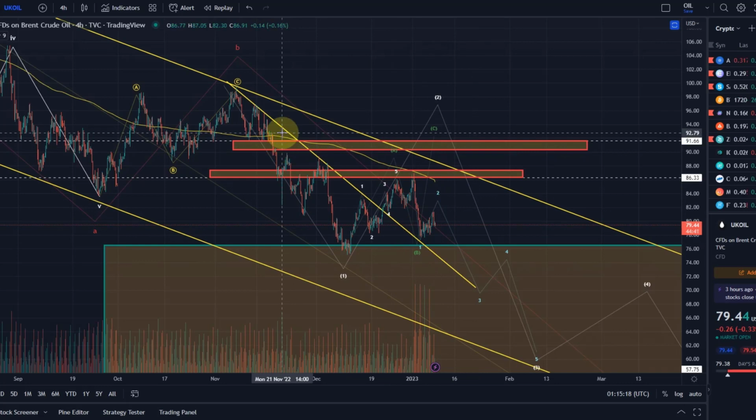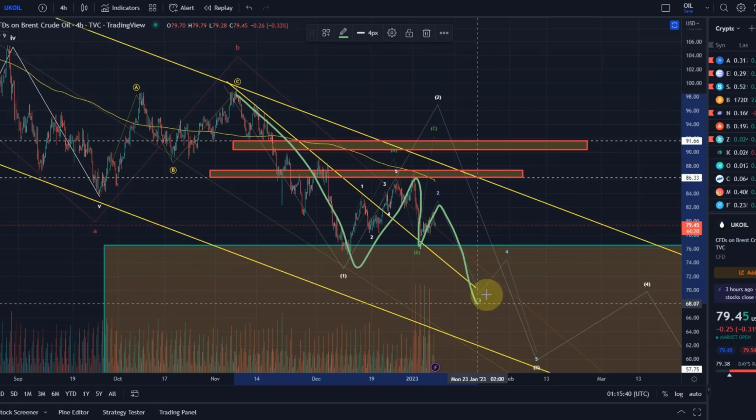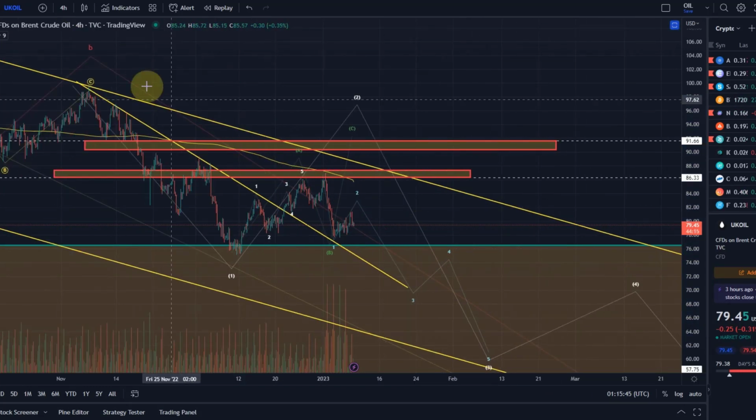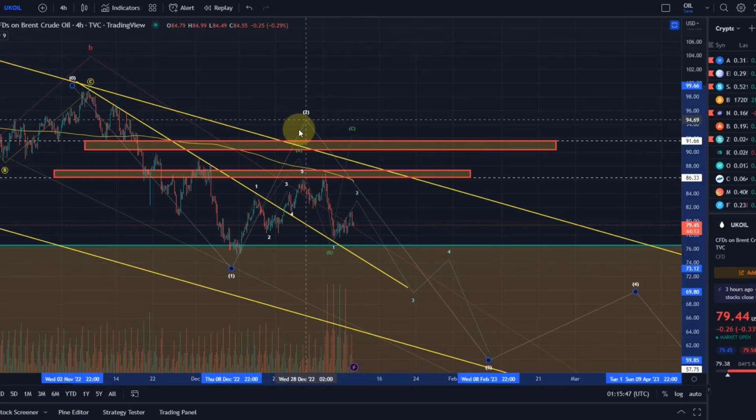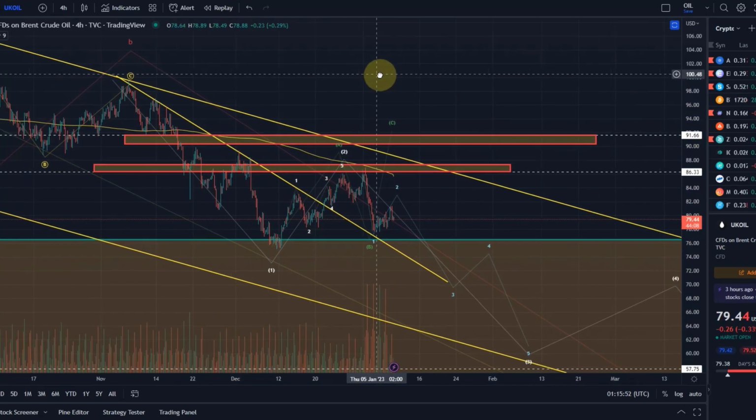The other scenario, which if I remember correctly I talked to you about, I would prefer based on the latest impulsive move in the last video, but I'm not entirely sure anymore. I certainly prefer it now. The other scenario would be that we came down in a wave 1. This was already the wave 2. And we are now moving down in a 1, move up in a 2. There'll be a 3, a 4, and a 5. And that's how we would move down further. The reason why I prefer this is that it would mean that the wave 2 finished here, and that this was an ABC pattern, which actually works out quite nicely.